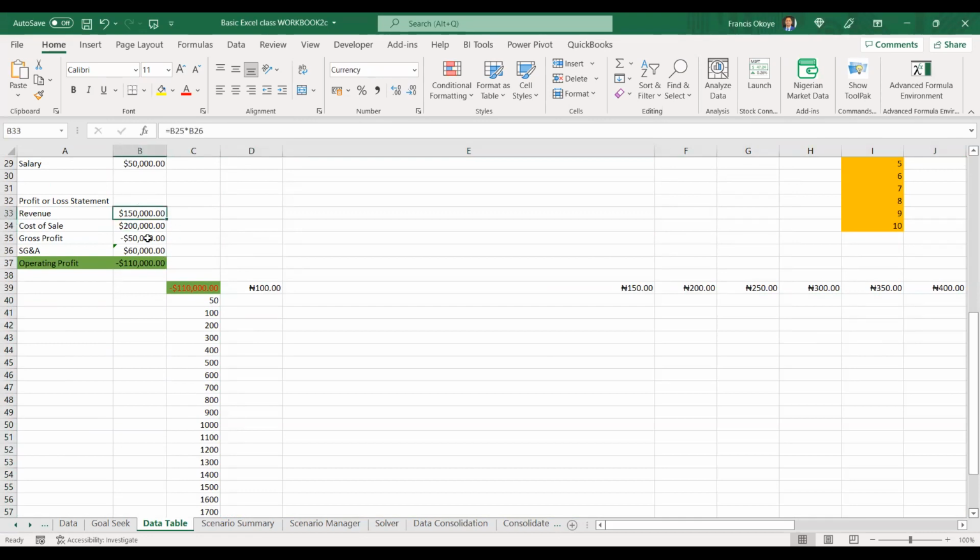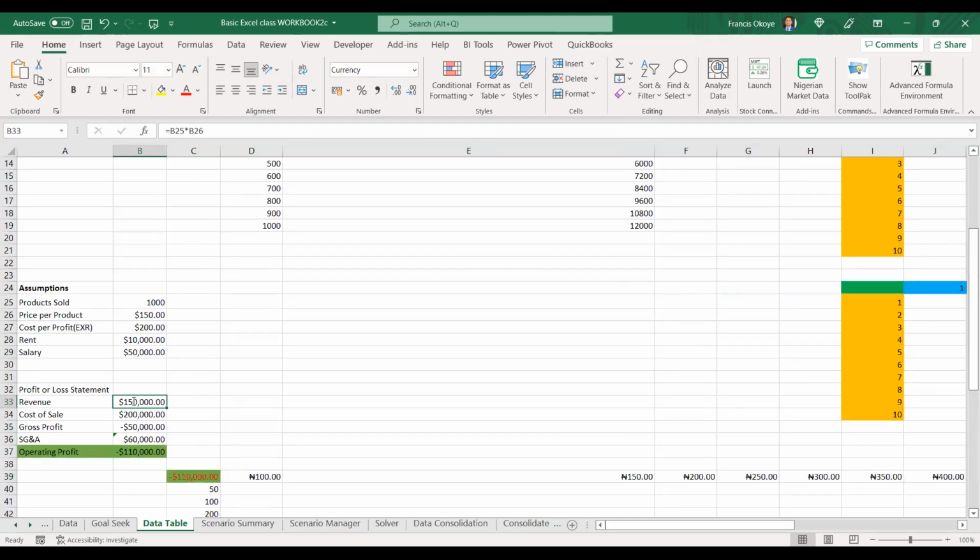For example, if it's an income statement, can you see that? To arrive at this income statement, this is your revenue. It is price times quantity. To get your cost of sales, it is the cost of the product times the number of products purchased. That difference will give you gross profit. By the time you remove all your operating expenses, which include your rent, your salaries, and selling costs, it now gives you your net profit.